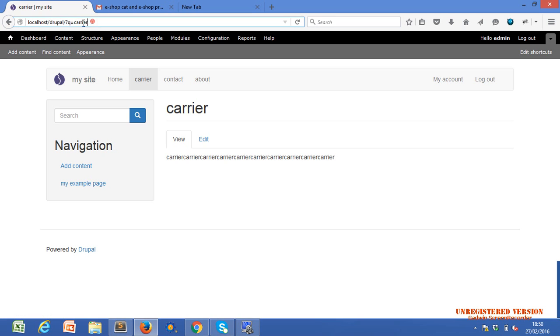Yeah, it removed that node one. It's coming as carrier, but we cannot remove this question mark q equals syntax, these three symbols, from the URL alias. We should add one already created module available on the web. If we add that module, there are so many options to change our URL for any page, blog, or other custom created content.